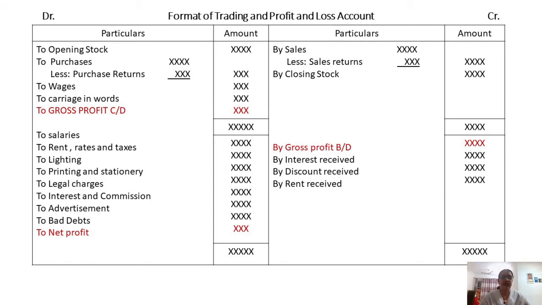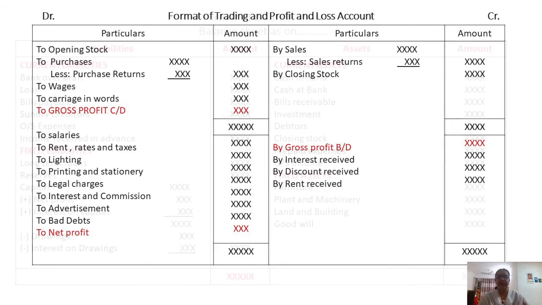Then once again we will take the total of debit side and credit side. We'll see which side is more. If the credit side is more, then income is more. If incomes are more than your expenditure, then it is profit. If debit side is more than credit side, then it is loss. That means your expenditure is more than your income. So here assume that credit side is more, and we'll bring that total here to the debit side, and we'll find out the difference. That total minus all these expenses, this difference is called net profit, and this net profit is taken to the balance sheet.